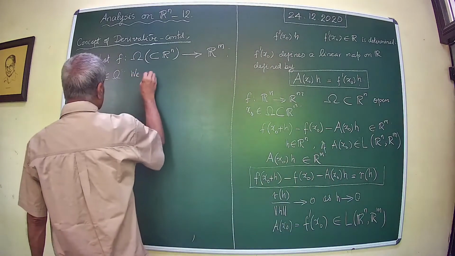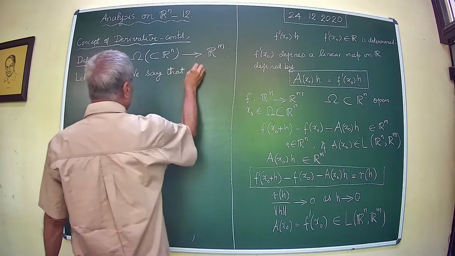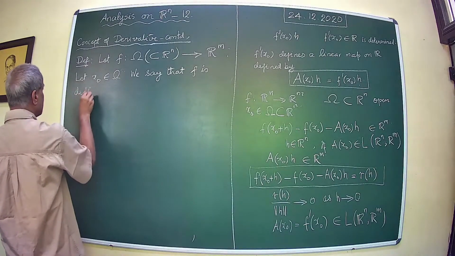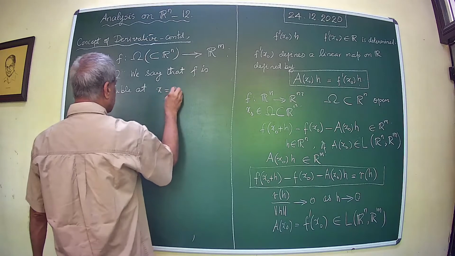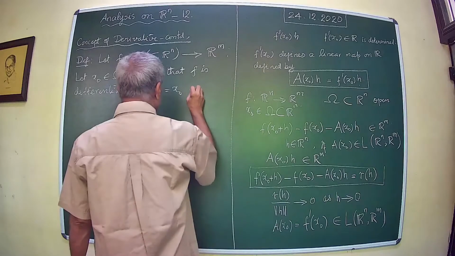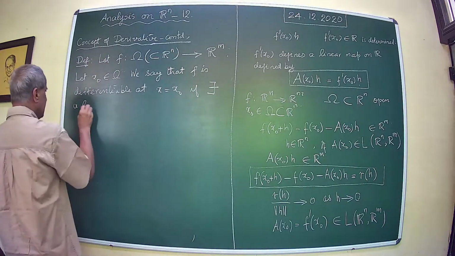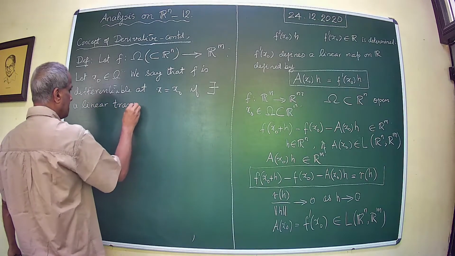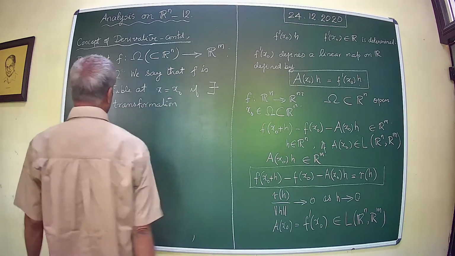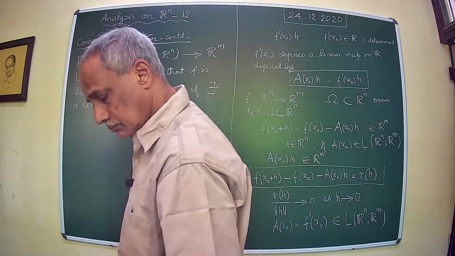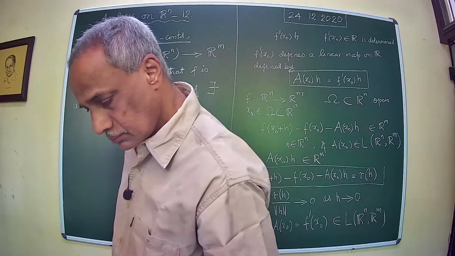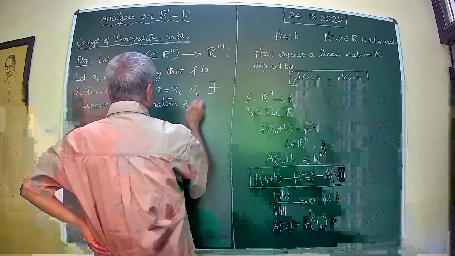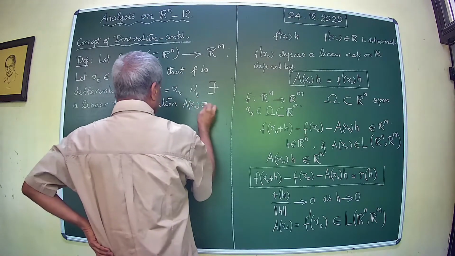We say that f is differentiable at x equal to x naught if there exists a linear transformation A. If you want, you can say A belongs to L(R^n, R^n),